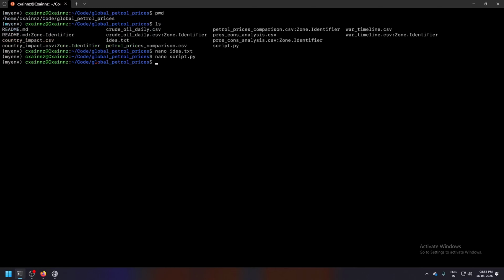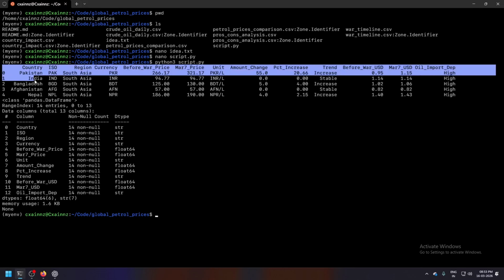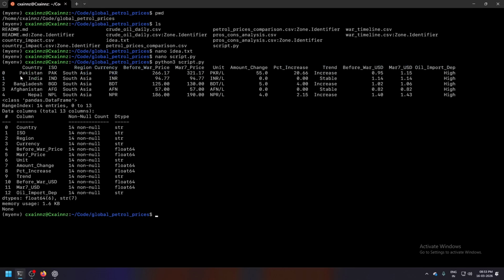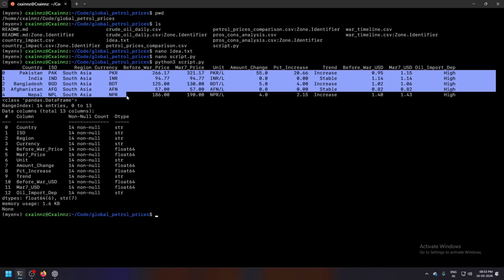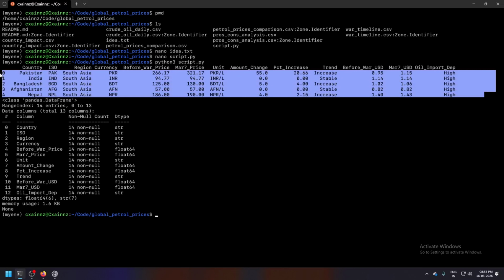Okay, so if I run this, python3 script.py, you can see we have some countries. This is the head, so you can see 0 1 2 3 4, the top 5 rows have been printed, along with the column names, the non-null count, and the data type.